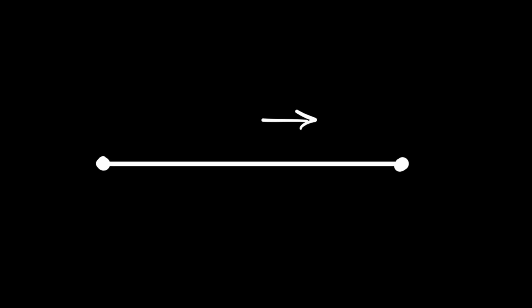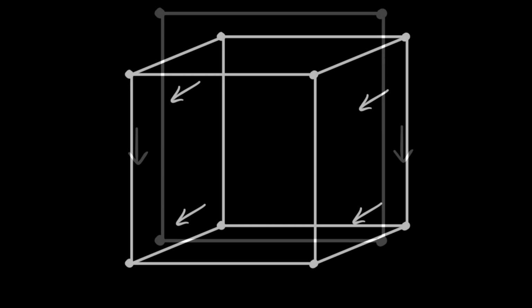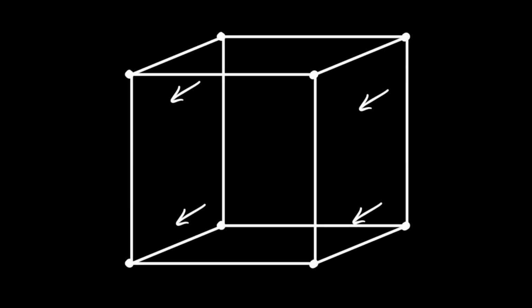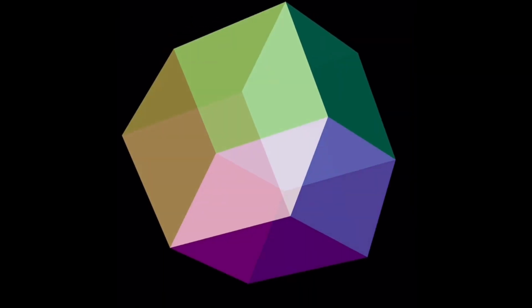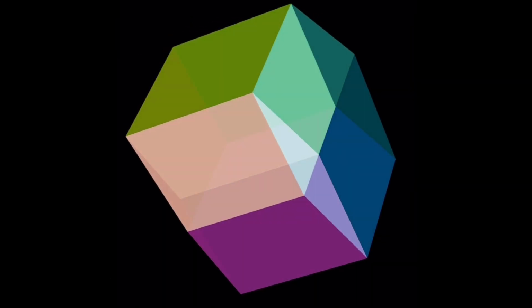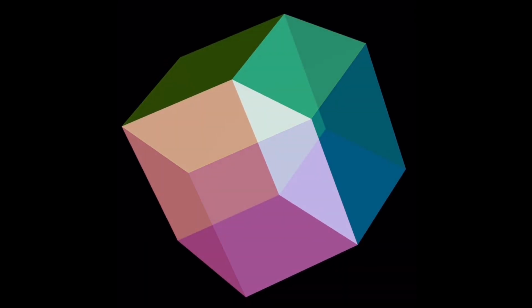Now, extend a point in one direction to make a line. Extend the line in another direction to make a square. Extend the square in a third direction to make a cube. Extend the cube in a new fourth direction to make a hypercube. To grab the cube and pull it into or out of itself in 3 space is equivalent to a projection into 3 space of the 4-dimensional hypercube.